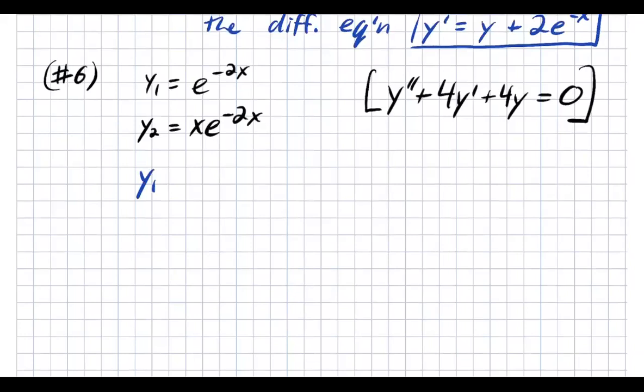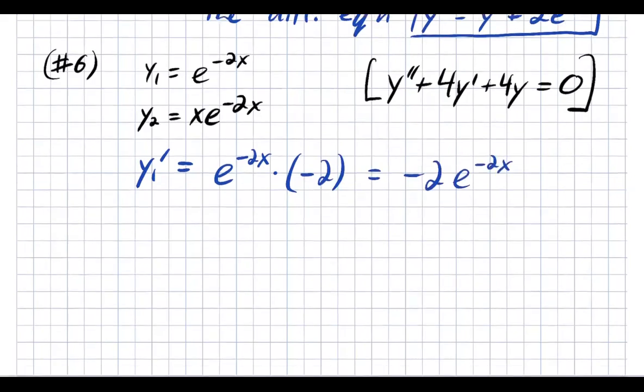So y1 is e to the negative 2x. So let's take the derivative of that, and we will get e to the negative 2x. And then again, we have to multiply by the derivative of the inside function. So the derivative of negative 2x with respect to x is negative 2. And so we end up getting negative 2 e to the negative 2x. Okay, so that's the first derivative. The second derivative